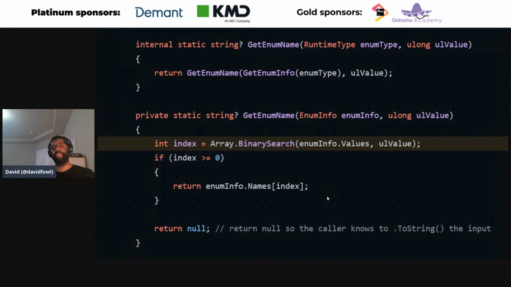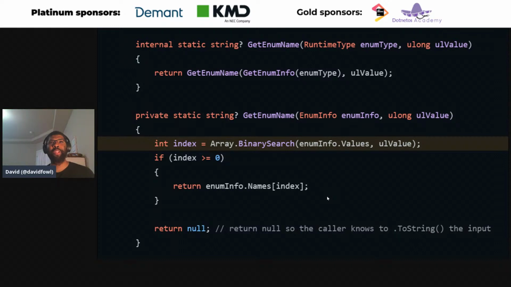N being the number of fields you have in the enum. And it does a binary search trying to find the value, which is pretty efficient. And this is actually much better than what it did on .NET Framework, so it's much faster. But that seemed like a lot for a very simple enum.